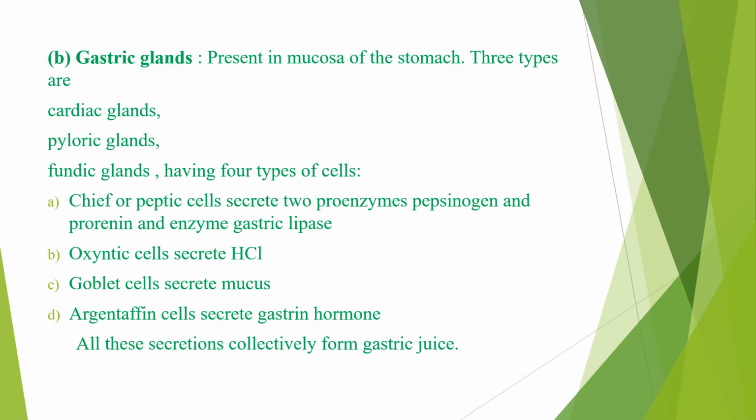Next is the gastric glands. As the name suggests कि gastric glands कहाँ present होंगे? Stomach में. तो ये mucosa में present है, mucosal lining में stomach के, और 3 type के होते हैं ये भी, cardiac, पाइलरिक और फंडिक. ये कार्डियक पोर्शन का स्टमक में कार्डियक ग्लैंड्स, पाइलरिक पार्ट ऑफ द स्टमक पाइलरिक ग्लैंड्स, और बॉडी प्रॉपर फंडिक ग्लैंड्स.